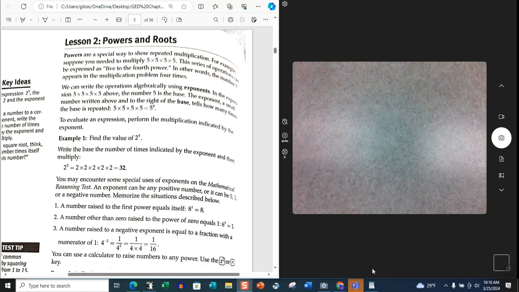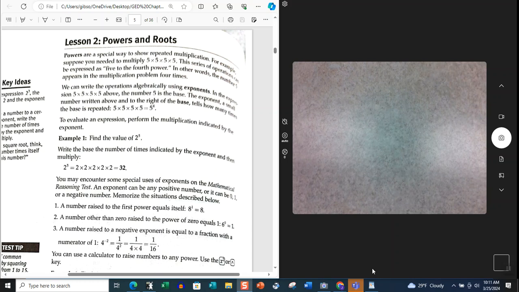It says here that powers are a special way to show repeated multiplication. For example, suppose you needed to multiply 5 times 5 times 5 times 5. This series of operations can be expressed as 5 to the 4th power. In other words, the number 5 appears in a multiplication problem 4 times. We can write the operations